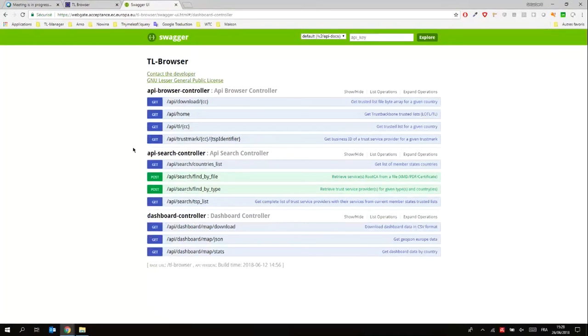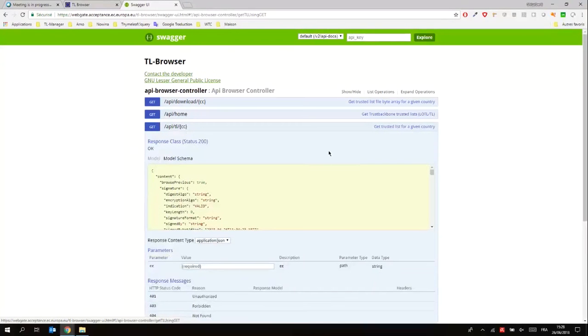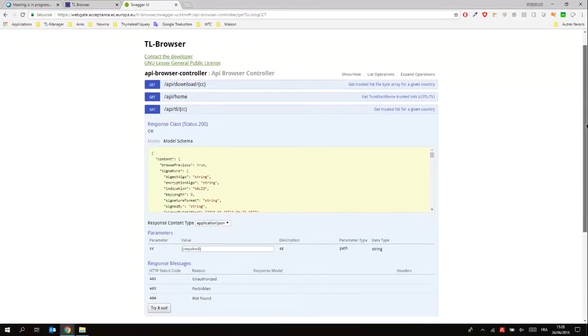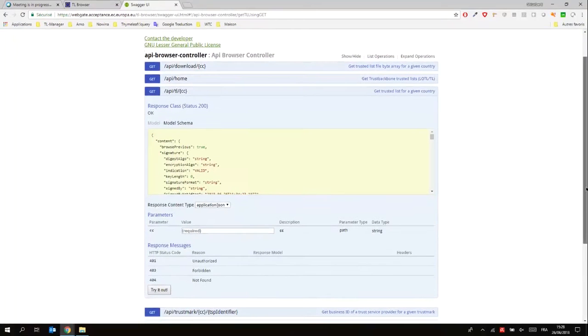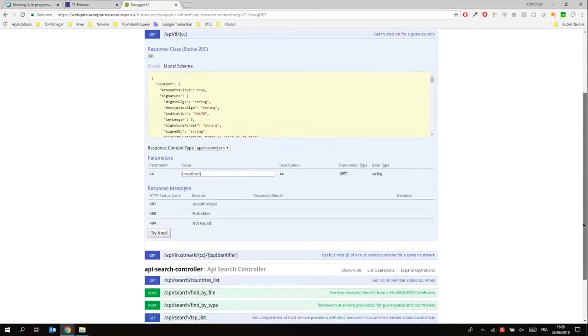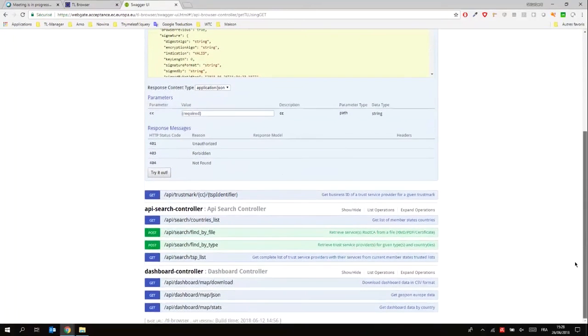Swagger is a documentation tool where you can find a quick description of each API entry, how to call that API function, how to trigger it, etc. So with this API, you can really access the different features of TL Browser programmatically.